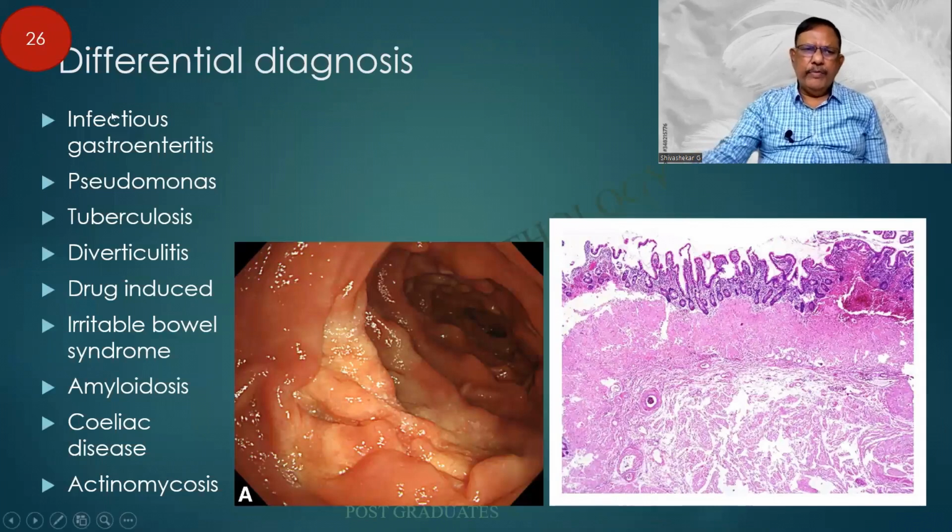Look at the panel of differential diagnosis. You people can go through them. I'll go to the picture straight. And this incidentally is an endoscopic picture showing large pale areas. And this is the biopsy of it. And there is a pale eosinophilic acellular area in the region of the submucosa, which happens to be amyloidosis.